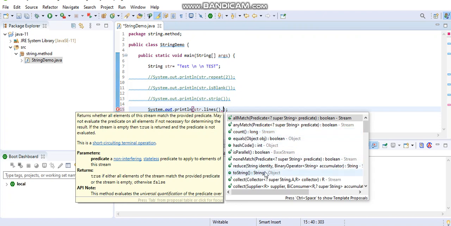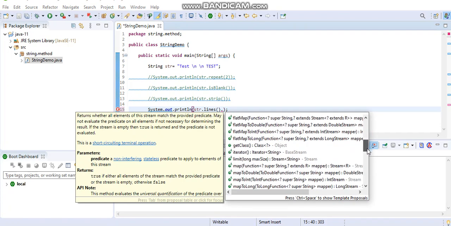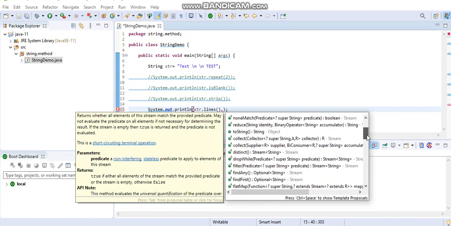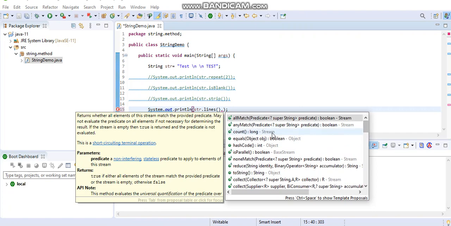Many methods are given, and we can also apply the stream filter, the Stream API classes that were already introduced in JDK 8. Here I'll simply check with the count.